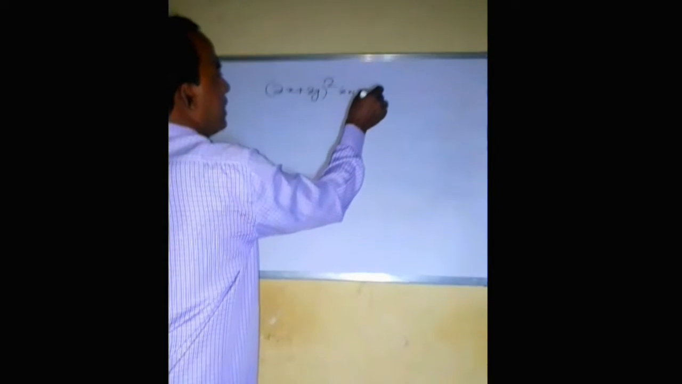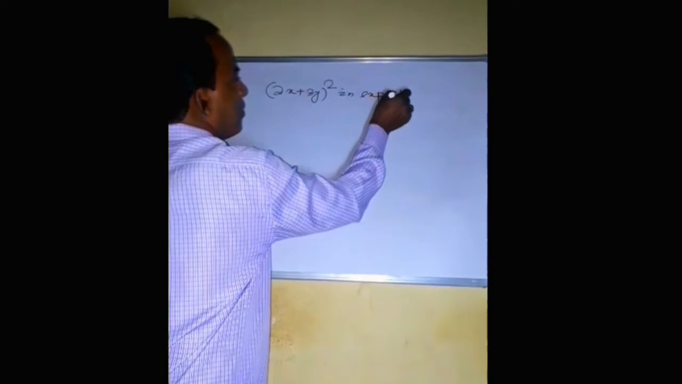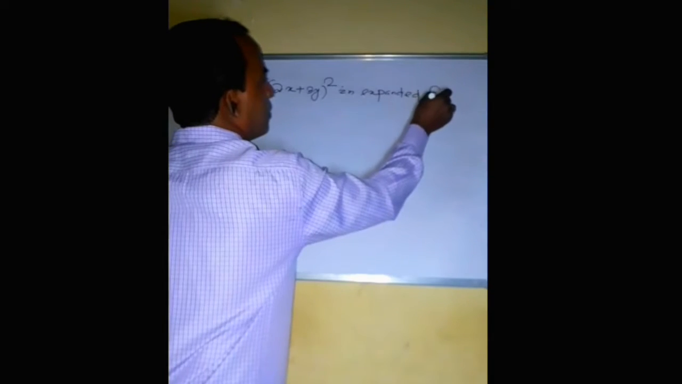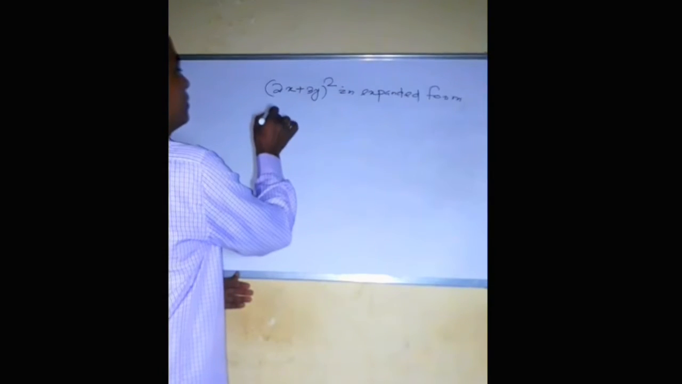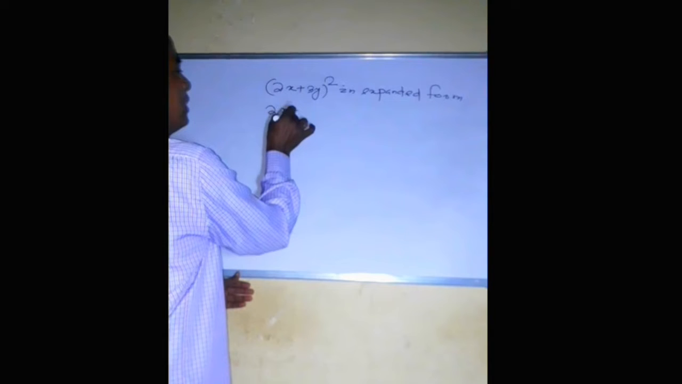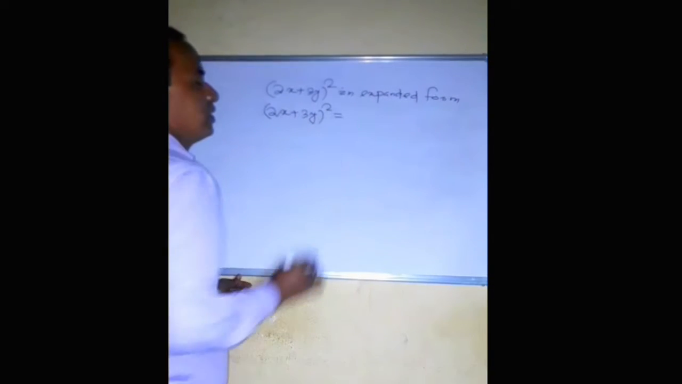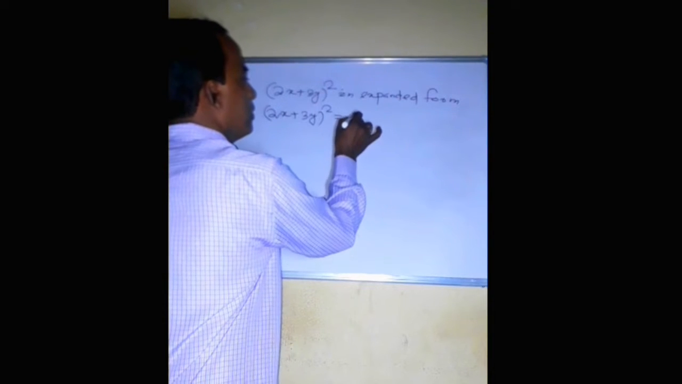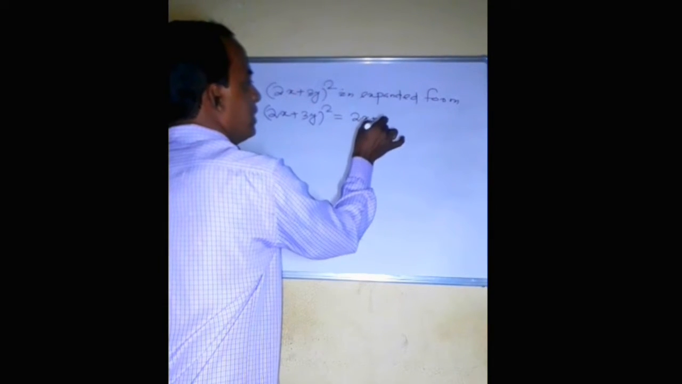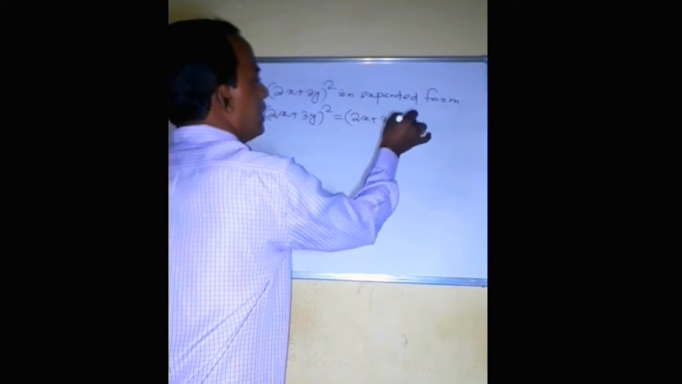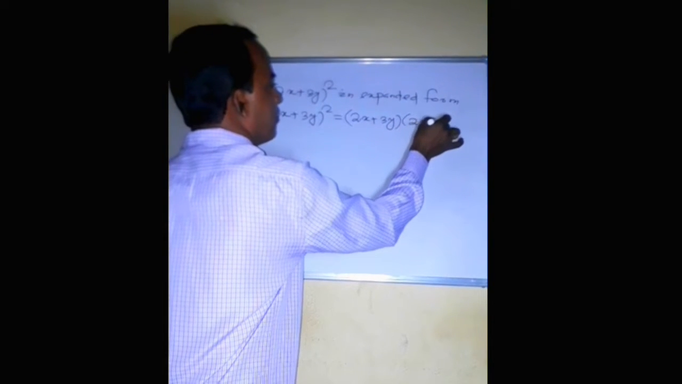First one is, suppose (2x plus 3y) whole square in expanded form. So (2x plus 3y) whole square equal to, so (2x plus 3y) into (2x plus 3y),